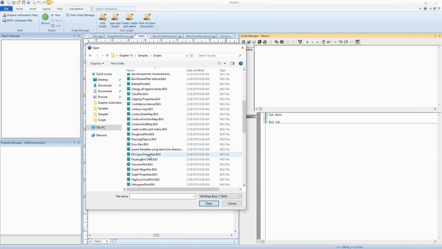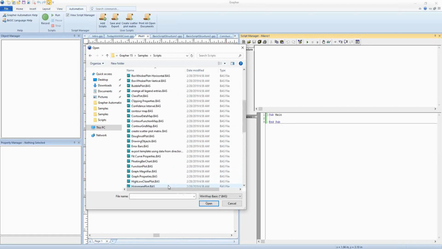We have this one that's talking about fit curve properties. We have some that show a loop, which is something that's a little bit more advanced than what we'll cover today. But if you're interested in those, there are some good examples in here. We have some for the axes properties. This is a really good resource. You can probably find pretty much anything you're looking for in these sample scripts, including information on how to use automation with the worksheet. So for right now, we're going to look at this bar chart multicolor, and I'll click